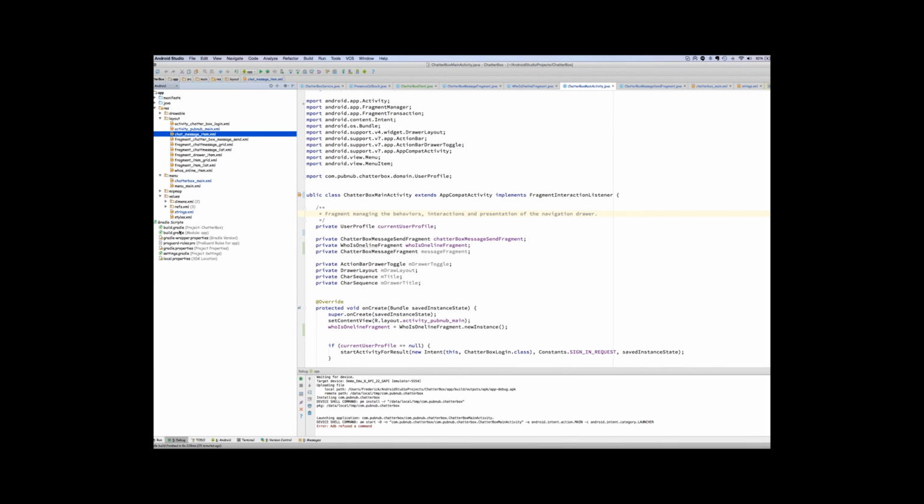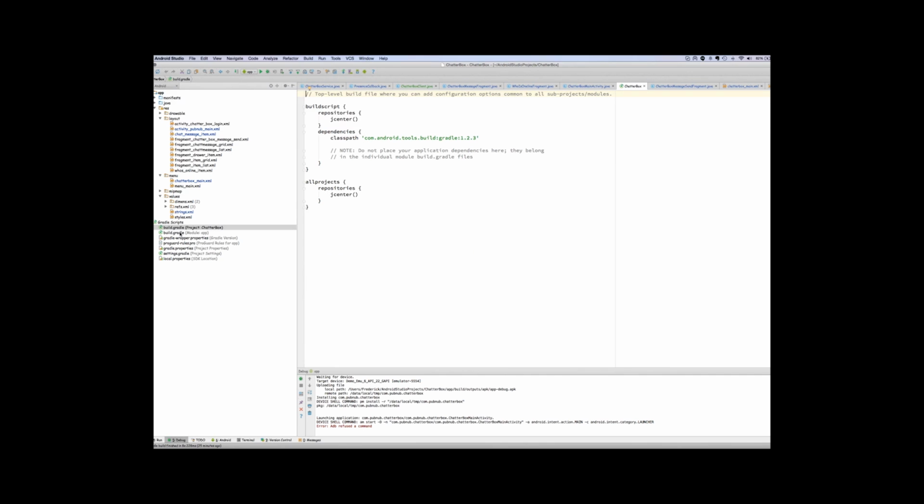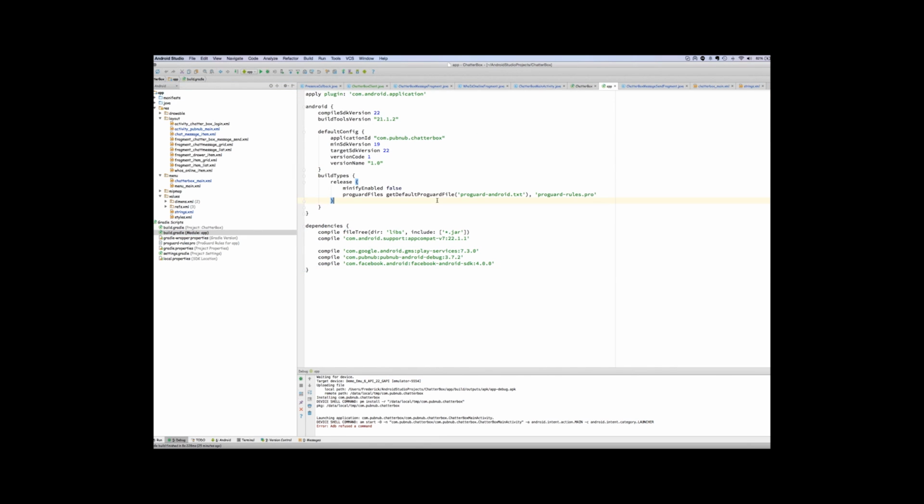The file that you're going to want to modify is your Gradle project. You'll probably have two different Gradle projects. One will be for the workspace and the other one will be for the app. You want to add dependencies to the one for the app. That's the second Gradle project, and it'll say module app below it. Within that module Gradle file, which is the build file, for those of you that are familiar with Maven, Gradle has come along. It's a Groovy based build tool that allows you to do transitive dependency resolution and so on. You'll want to add the PubNub